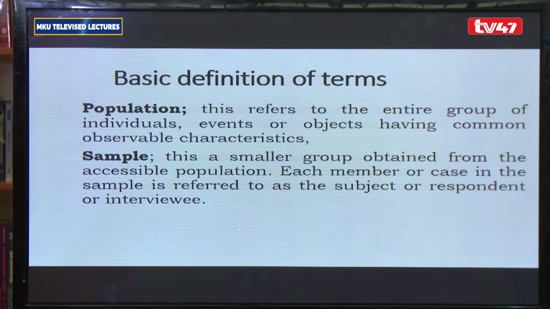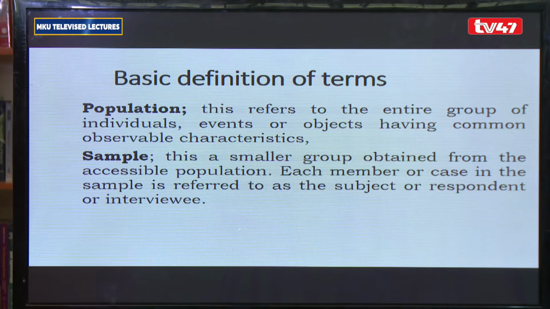Now, if our population is scattered over a wide geographical area and we need to use the accessible population, it is from that population that we pick or we work out the sample that we need to have. And that ushers us to the term sample, and we say sample is a small group obtained from the accessible population. See, the word accessible has come again. As we had said earlier, we might have a population that is too large and scattered over a wide geographical area, and therefore we need to work with the accessible